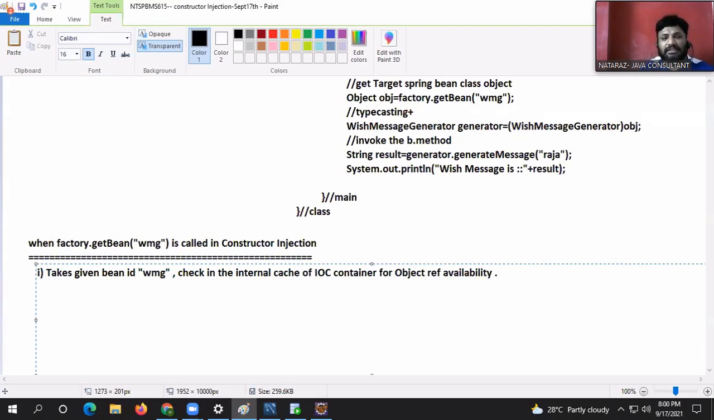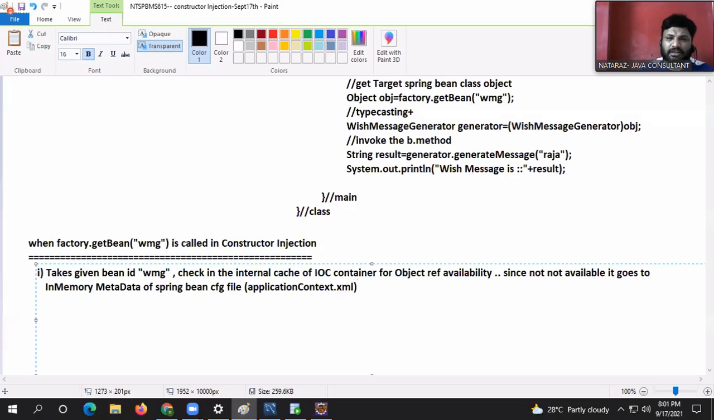Since not available, again I'm giving internals, guys. It goes to the in-memory metadata of the Spring Bean configuration file, nothing but the applicationContext.xml file. What file, guys? The applicationContext.xml file. Super, guys. And finds